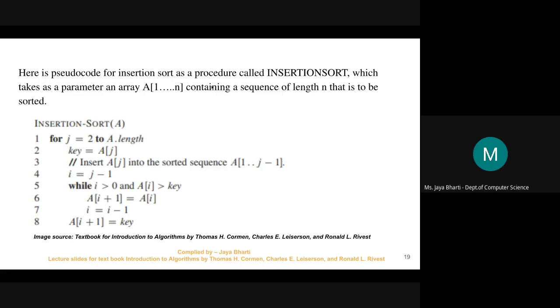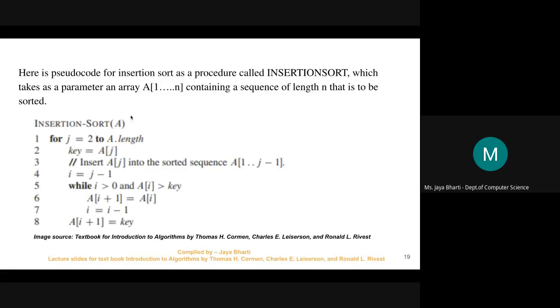Here it is saying A is the array of the given elements, and n is the number of elements that the array has. Now we need to sort this array. We don't know in which position which element is stored, whether it is stored in random order or in sorted order. So what we need to do, firstly, we need to take the array A, the array of all the elements.